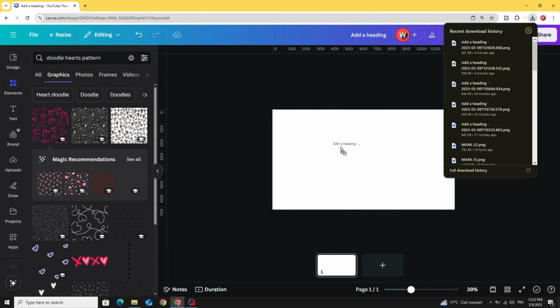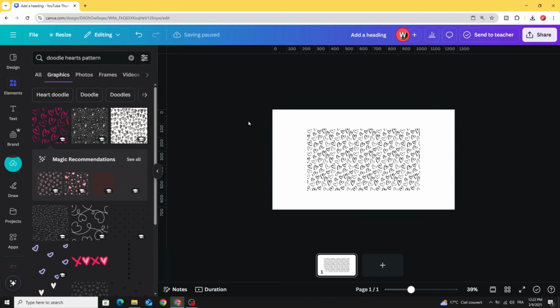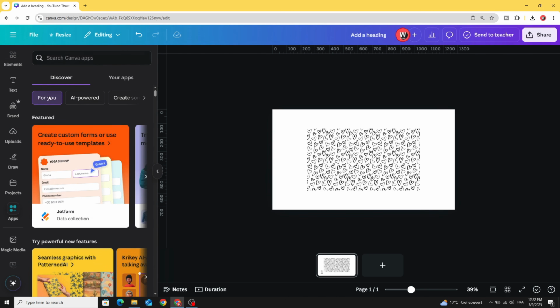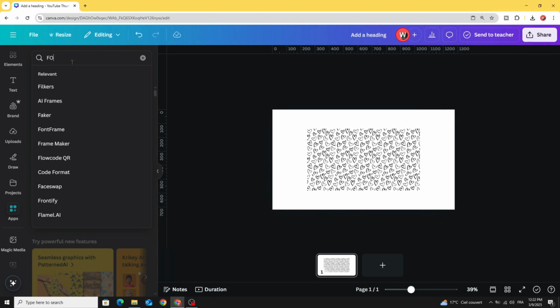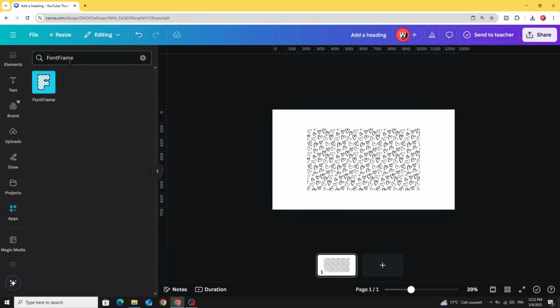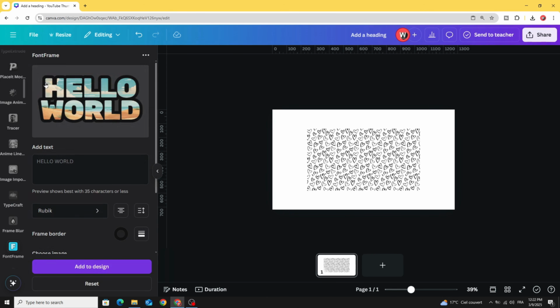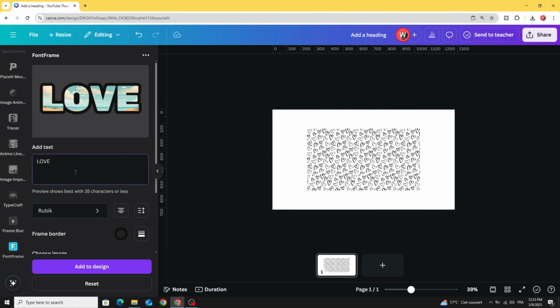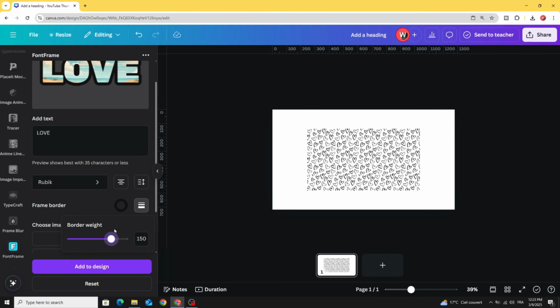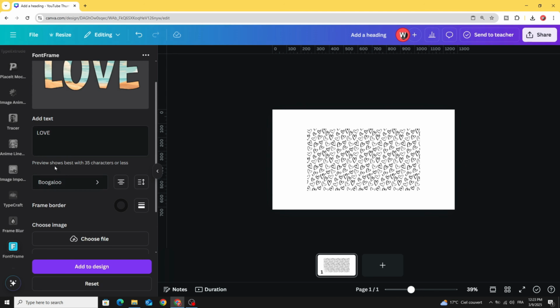and upload this image and go to apps and type font frame and choose this app. Type your text and decrease this border to 25 and change the font. Let's use this one